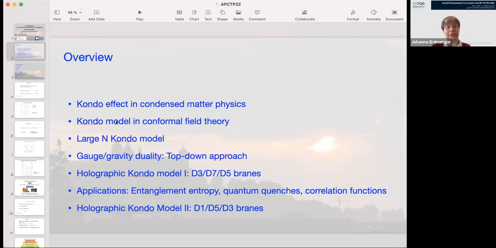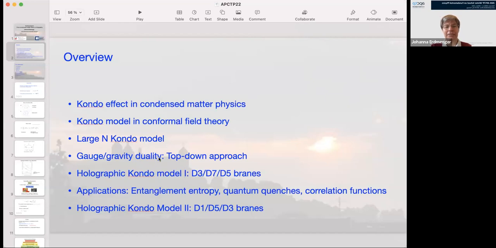Okay, so this is really the more condensed matter field theory part. And then I'm going to move to the AdS/CFT gauge-gravity duality. The key point here is that we're going to use a so-called top-down approach. That means we will really use AdS/CFT at the level of D-branes. So I'm sure Konrad Skenderis already introduced quite a lot about AdS/CFT, but I'm not sure how much he did about this top-down approach. So I'll mention a little bit about this, but if you have already seen this, then maybe you should stop me. Okay, but that will be for tomorrow anyway.